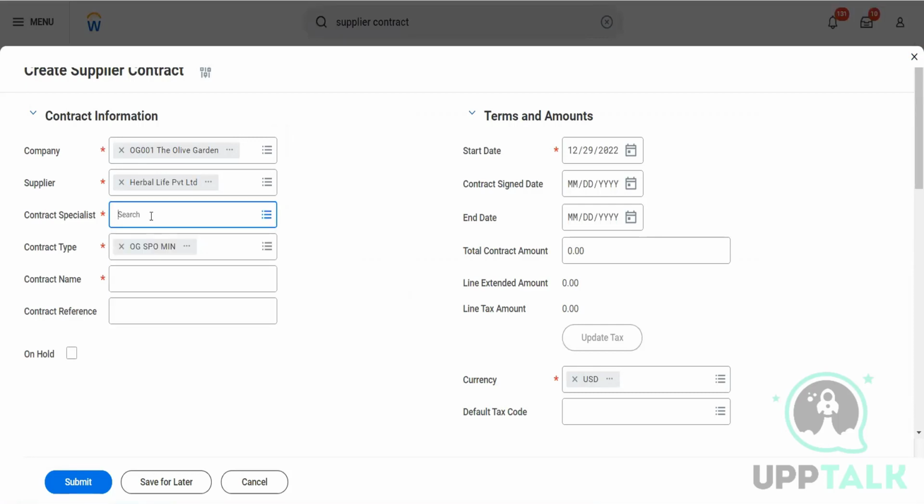Then who is the contract with? Let's say there is a Terrano here. A contract name, schedule purchase order and manual invoices demo. Start date, let's put it like 01/01/2022. Contract sign date is also the same. End date, let's say 12/31/2022. Contract amount is, let's say,